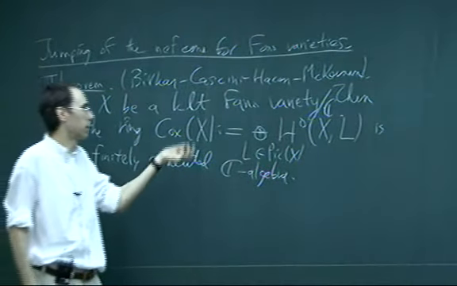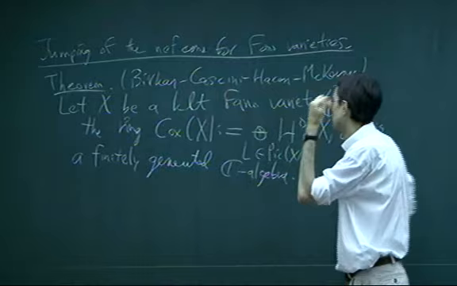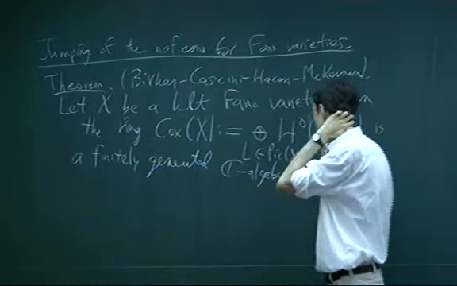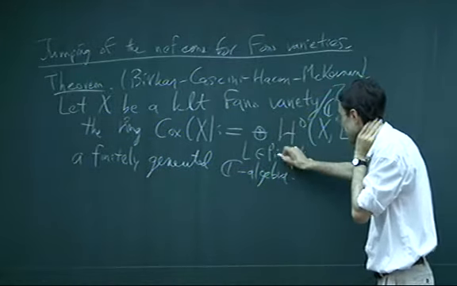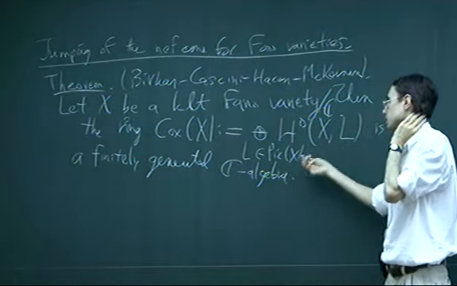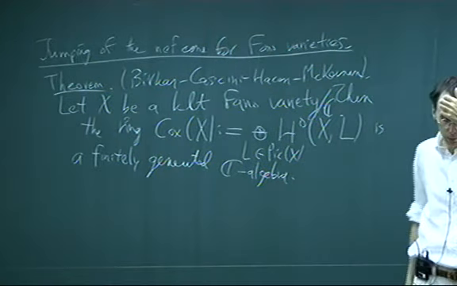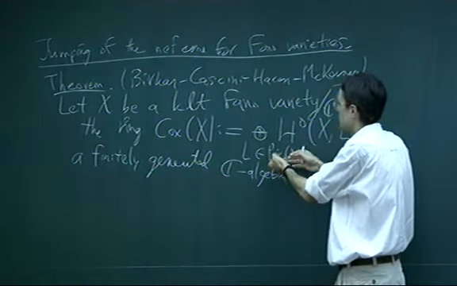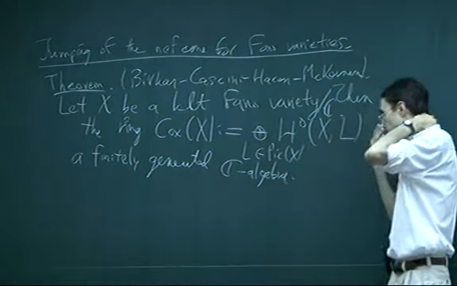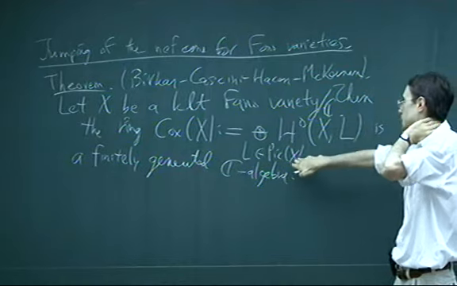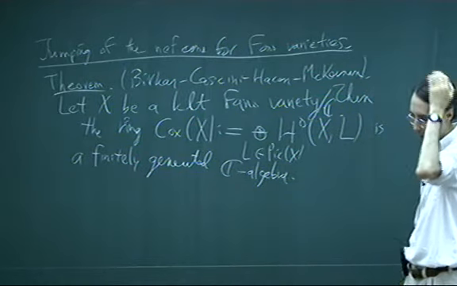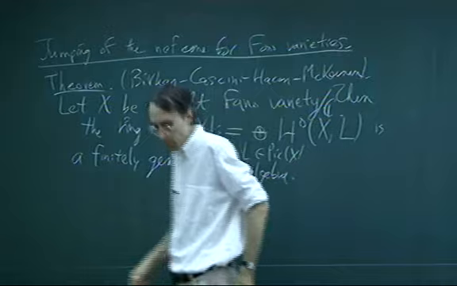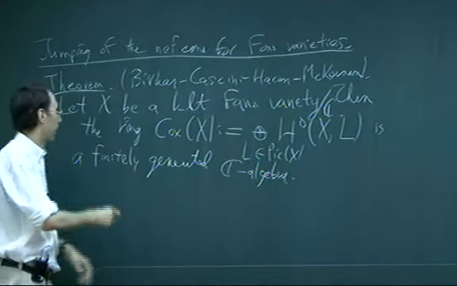There's some minor detail here that this doesn't quite make sense because an element of Pic is an isomorphism class of line bundles. It's not exactly a line bundle, but you can make sense of this by picking generators for this group and picking actual line bundles which generate this group, and then this is a well-defined ring. In any case, it's a well-defined ring up to isomorphism.